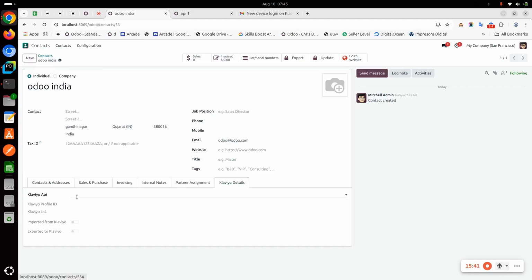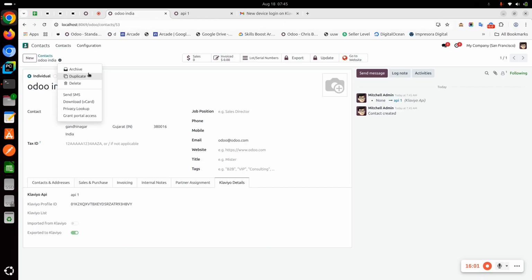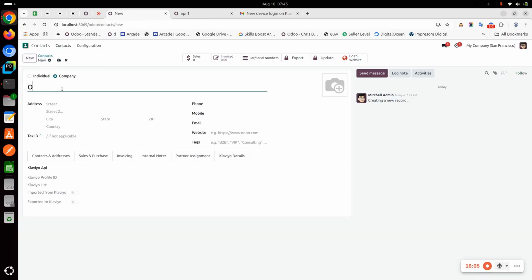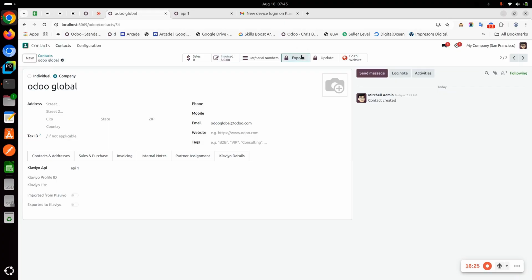Fill in your details, but you have to select the API and click on export. Also, for example, let's select this one and when I click on export, here you can see the profile was